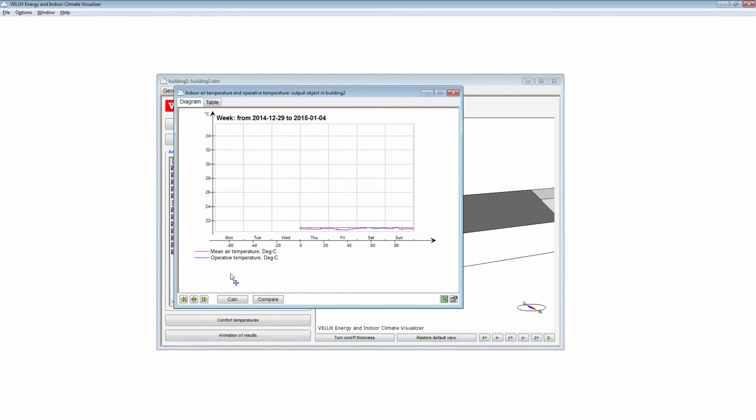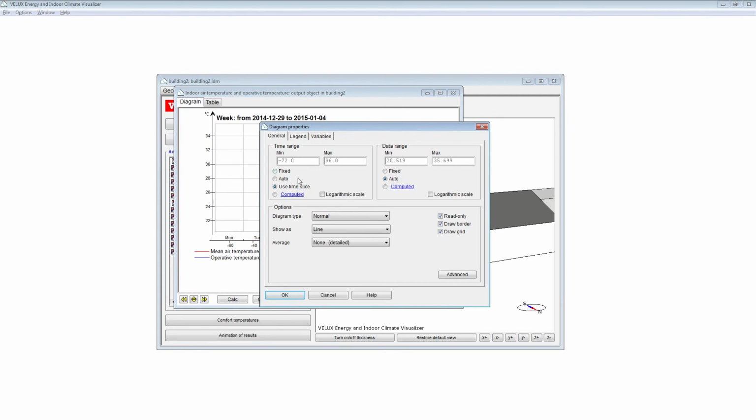Okay, I double clicked it, and here we'll see this as weekly data. We can change the data range here and the range of the temperature and the range of the hours. So here we see from the first hour to the last hour, and we take the minimum temperature and the maximum temperature.